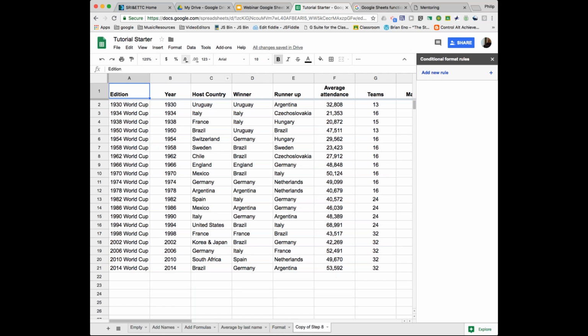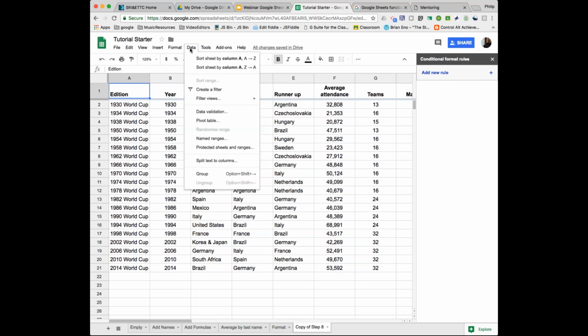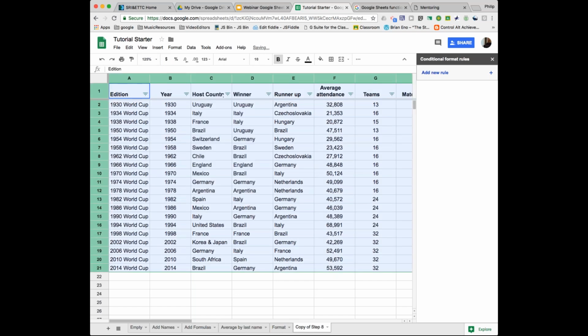So what I want to do here is go to my format area, and I'm going to select, oh my God, actually, my fault. I need to go to the data menu, and I'm going to do create a filter. Okay. And when I do that, watch what happens to my sheet. Every column gets this little filter icon above it. That means that when I go to create my filter, I can filter by various different types of criteria of data. Now let's say that I want to see all the years where Brazil was the winner of the